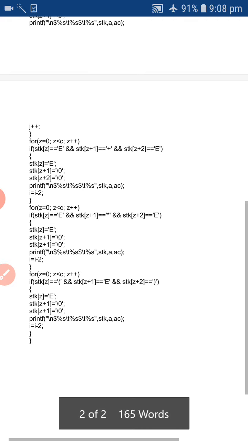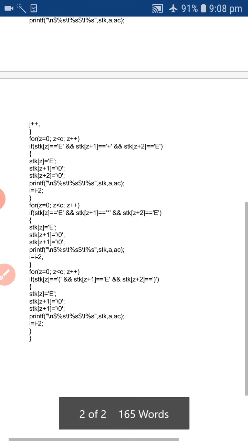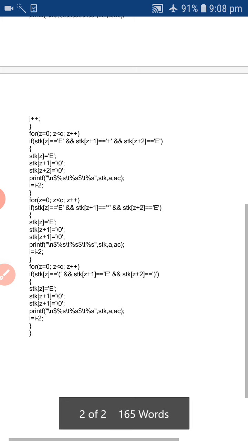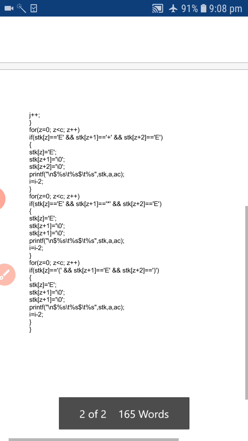Then like once again z equal to 0, less than or equal to c, z plus plus. So once again it will be checking the production rule, E tends to E star E. Here it will be checking the multiplications. So after checking the multiplication, once again the stack moving to the pointer E. So it will be checks the grammar, E tends to E star E, it is correct.